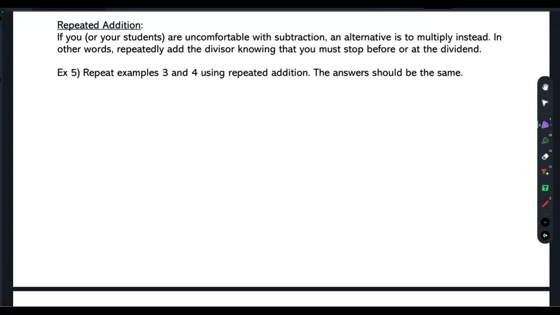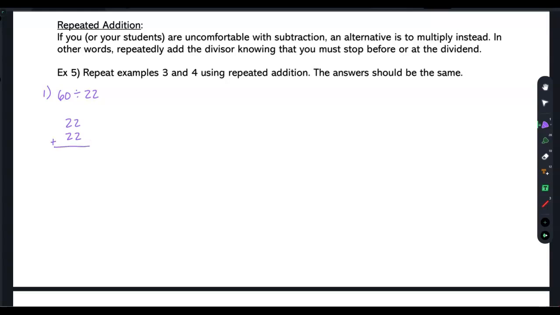So we're going to repeat the previous two examples, but do this with repeated addition instead, right? So that first one was 60 divided by 22, right? So the equivalent division would be, what do you multiply by 22 in order to get 60? So knowing that if we were multiplying something by 22, we're just adding 22 repeatedly. So that's what I'm going to do, is I'm going to add 22 repeatedly, knowing that I can't go past